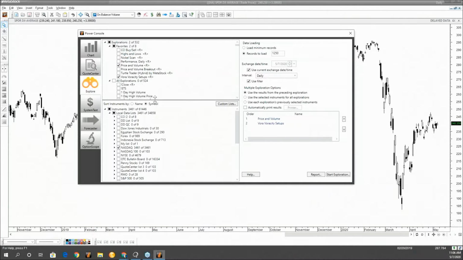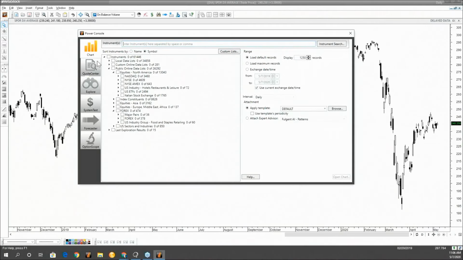For those that have MetaStock and have not dove much into that tool, it's a really fantastic tool to help you find good trading opportunities. You can also do back testing. There's a forecasting tool built into it. There's options analysis tools. So a lot of different things built into MetaStock. So let's go ahead and just open up a few charts.